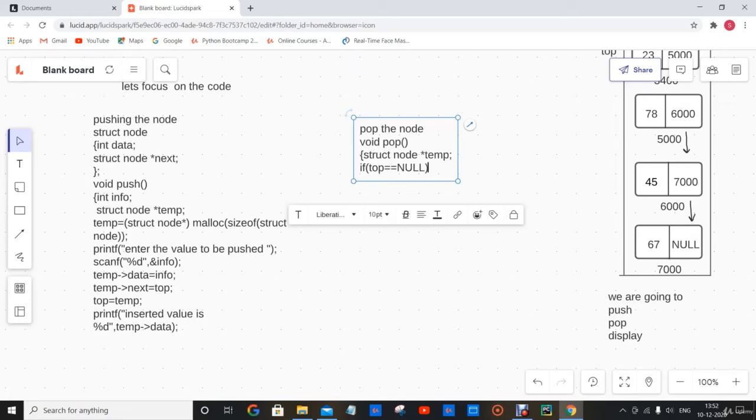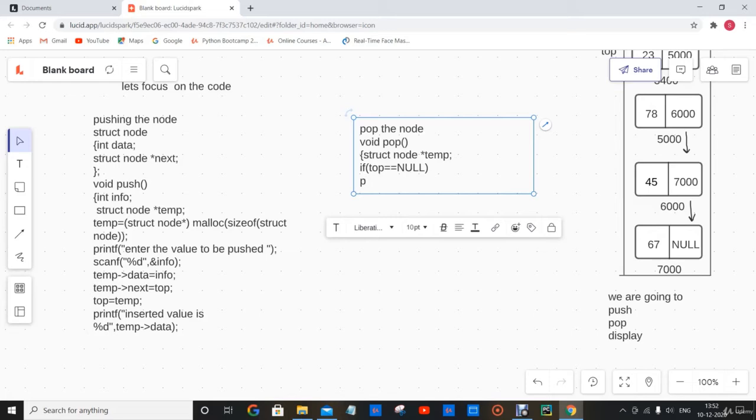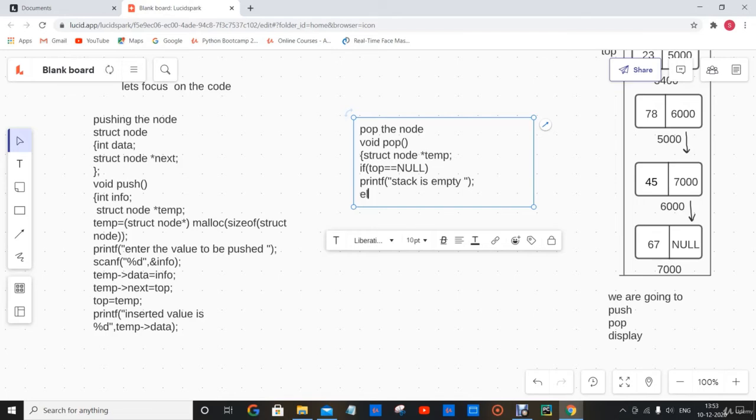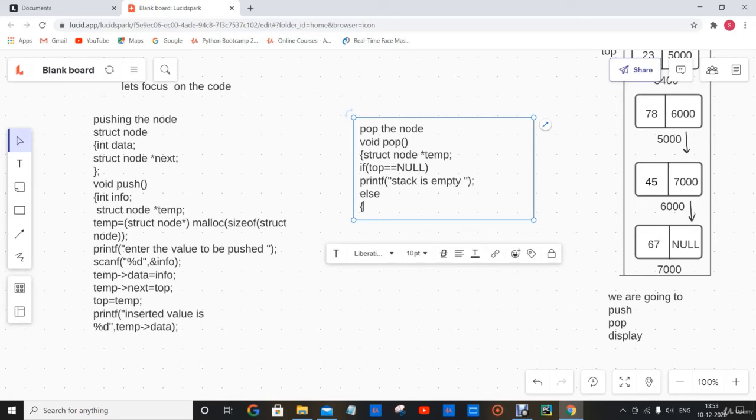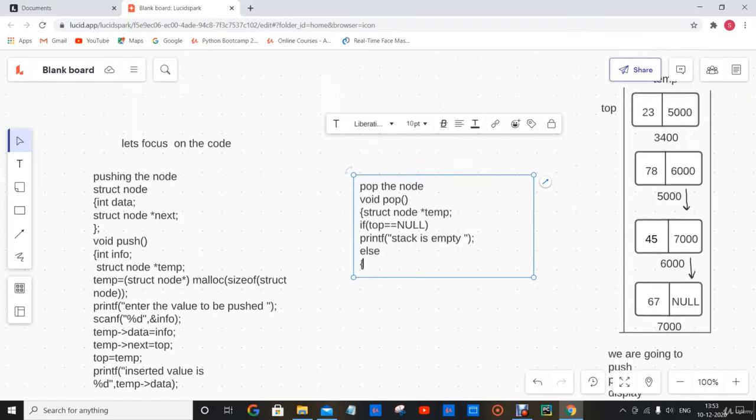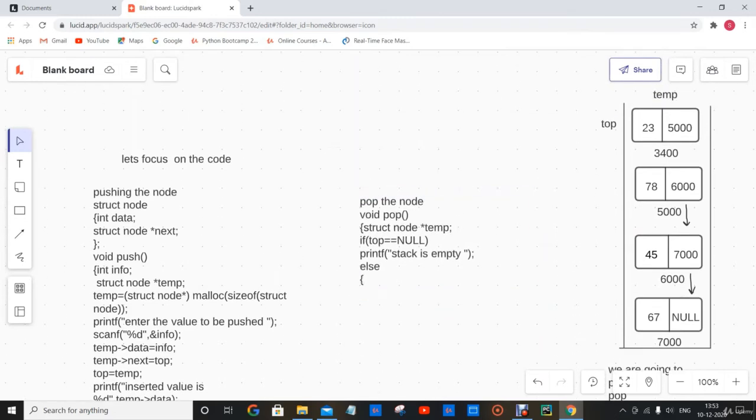So after doing this, we will come to know if the stack is empty or not. If it is found that the stack is empty, then we will simply print the message "Stack is empty". But if it is found that the stack is not empty, then what will we do? We will take an else part, and the else part will consist of,